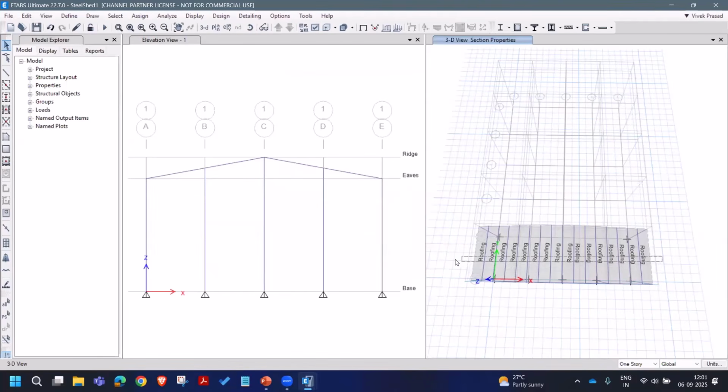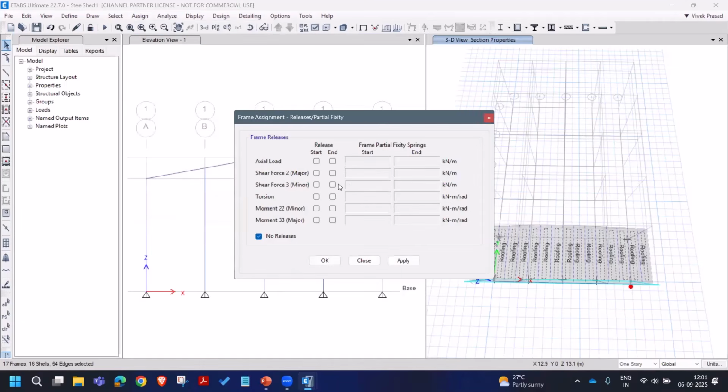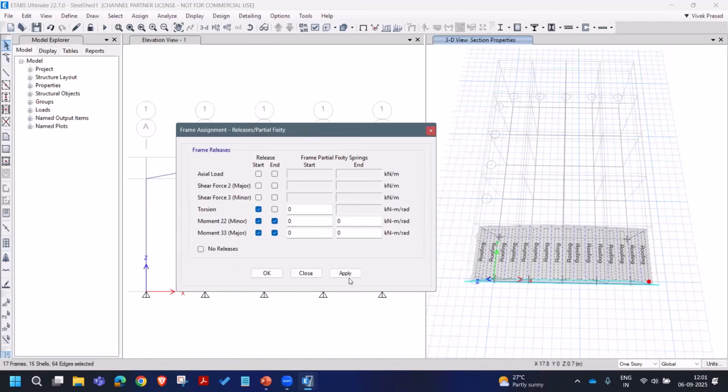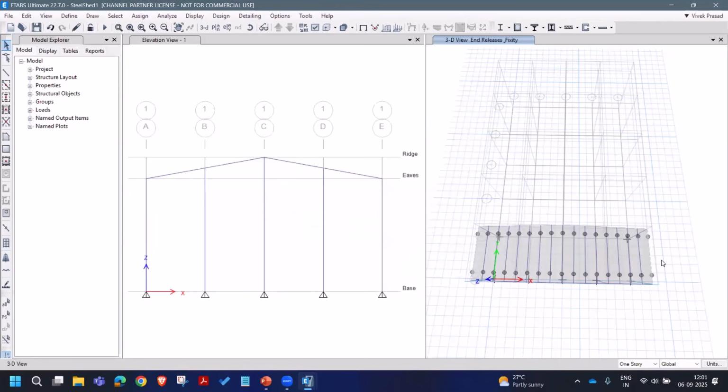We'll select this once again, and these will be released for end moments. So we'll assign frame releases. We'll release them for both M22 and M33 moments. Apply these shells with some loading. Okay, we'll come to the loading shortly. Let me finish other